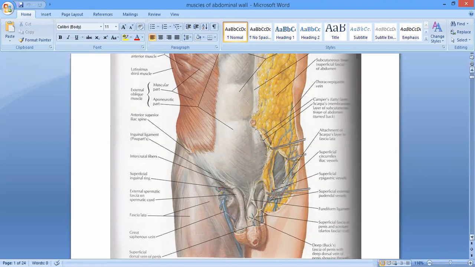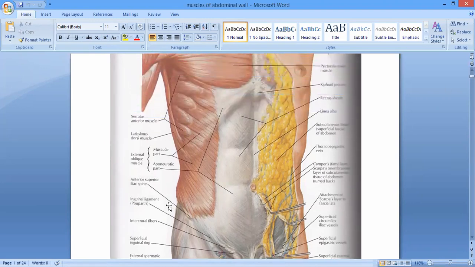Okay, now its lower fibers, here you can see these lower fibers, they are going to be inserted at the anterior half of the outer lip of the iliac crest. If you remember when we were talking about the hip bone, I told you about the iliac crest, why it is broader? Because it is going to give the attachment to the three muscles. On the outer lip, external oblique is attached, right? And in the middle part, there is internal oblique, and on its inner lip which muscle will be attached? Transversus abdominis. That's why I told you that it is broader, it also helps in the tightening of the abdomen, right?